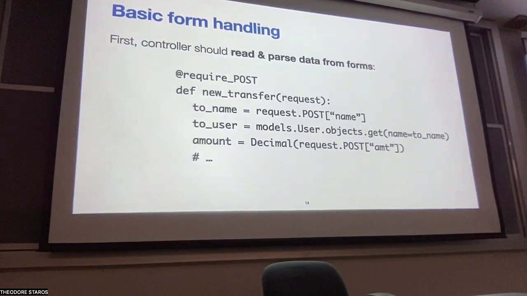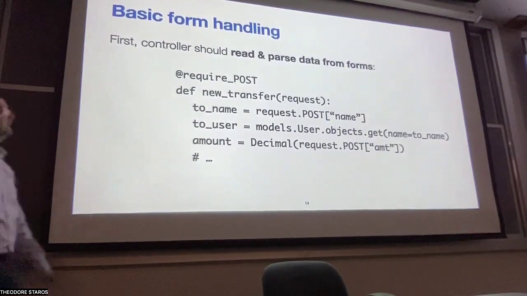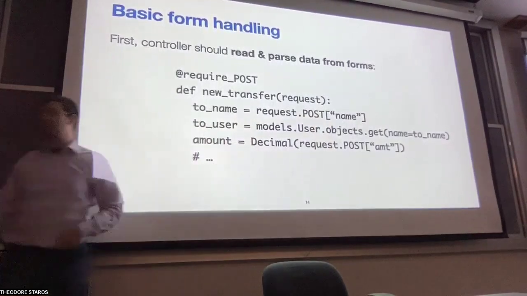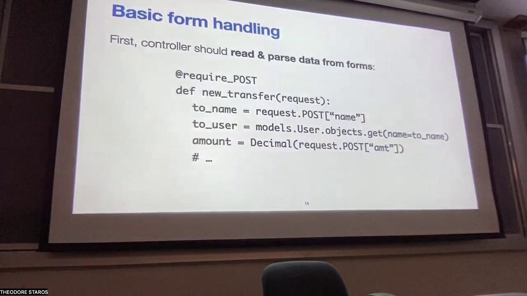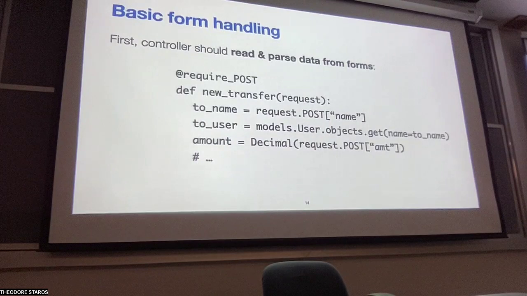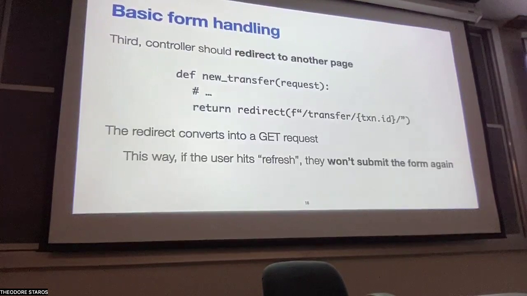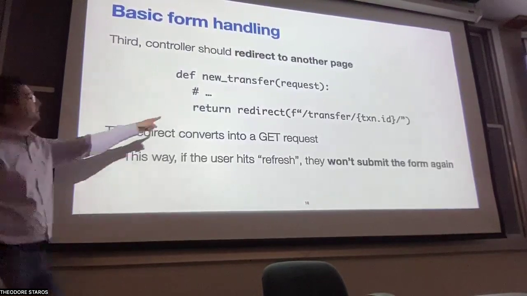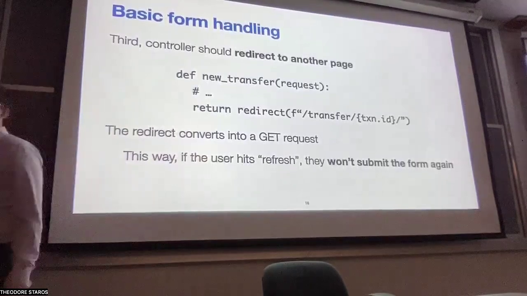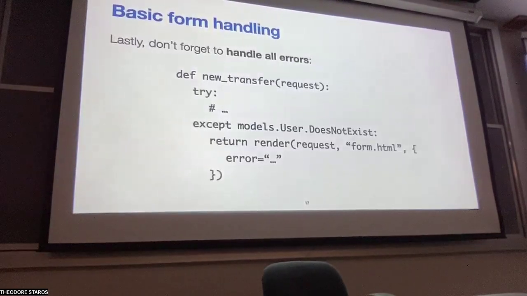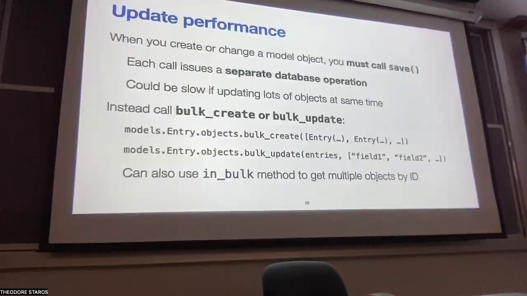You define the controller can read from request.post. It'll do any kind of conversions, modify the database, save any objects. So here, create an object and save it, for example. And then at the very end, what it'll do is it'll redirect to another URL. Okay, cool. And we'll talk about the rest of this on